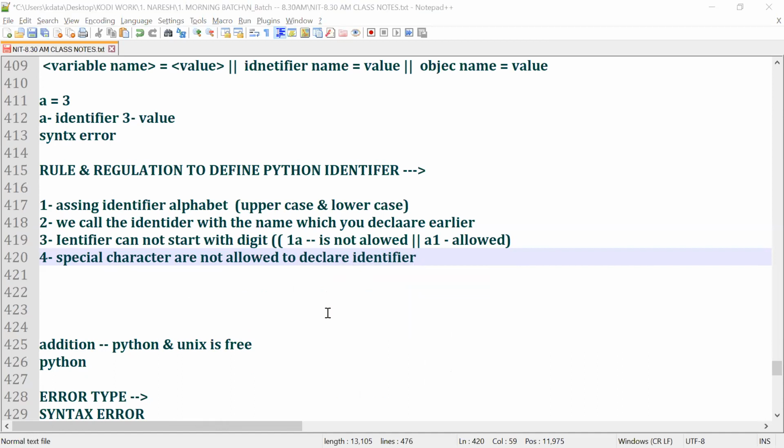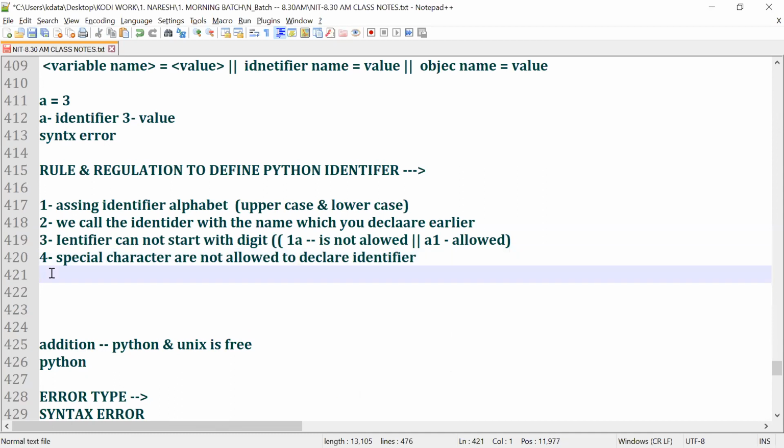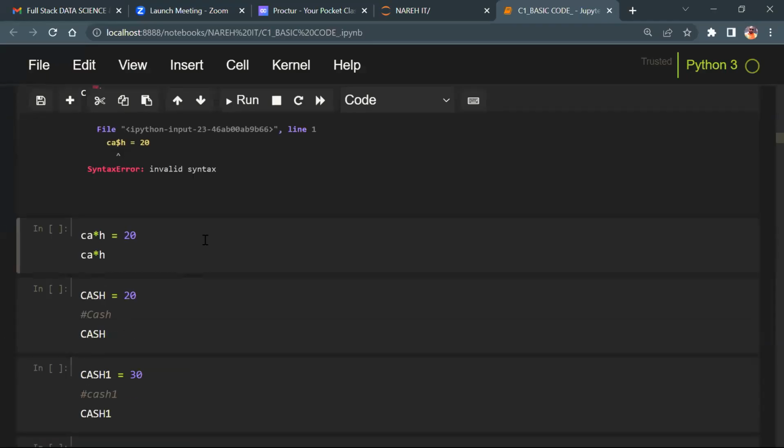No special characters are allowed. Guys, do you understand? Now you say, sir, I'm from mechanical. So what? I hope this part is clear. Every day I will explain at the same pace, not fast, just slow, and we will complete all these sessions, guys. All right, now let's go to the next one.